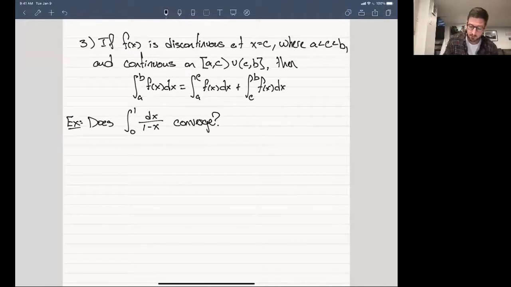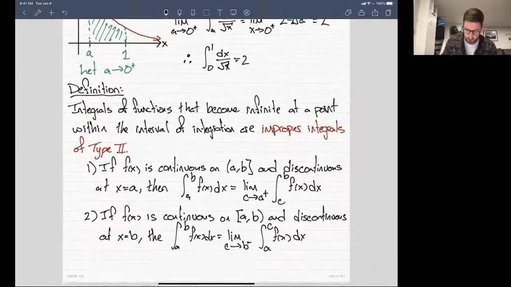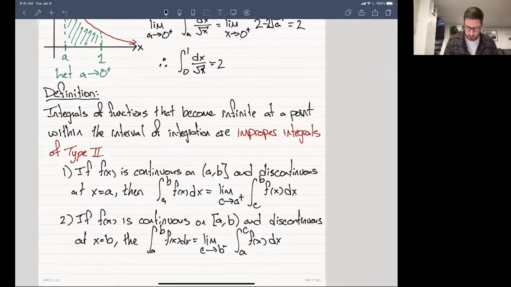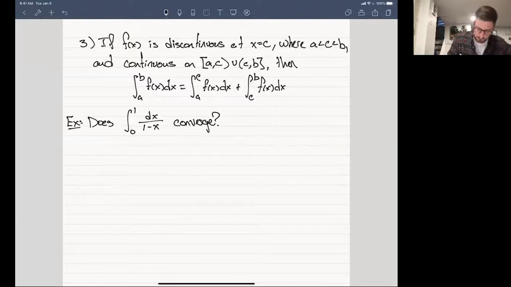So that puts us firmly in the realm of case 2, because the right endpoint of x equal to 1 is a point of discontinuity. And so that tells us that this integral from 0 to 1 of dx over 1 minus x should actually be thought of as taking the limit as b approaches 1 from the left of the integral from 0 to b